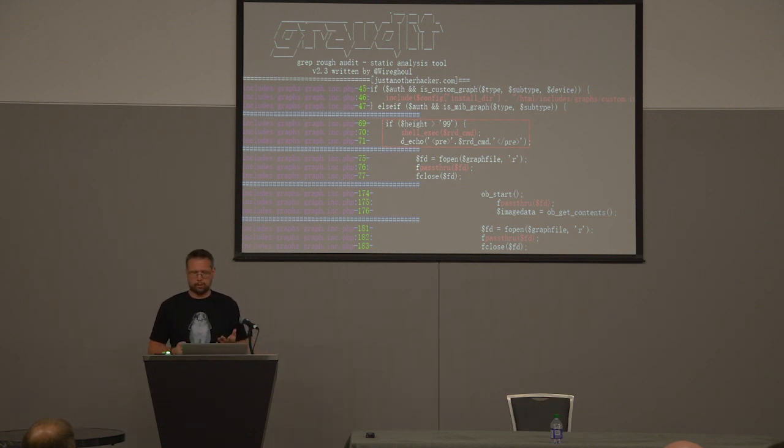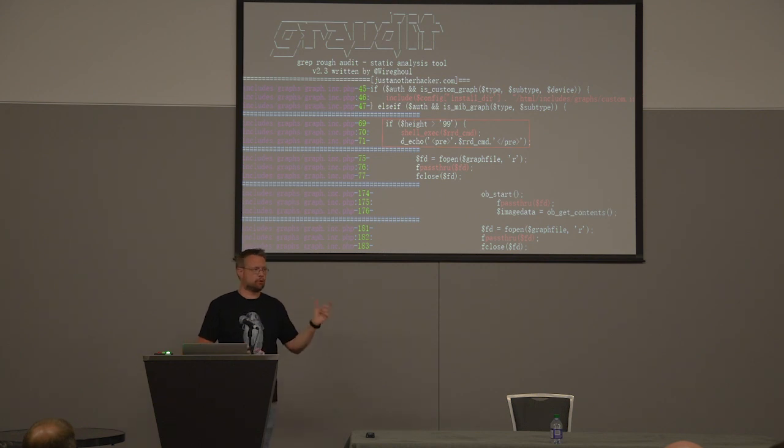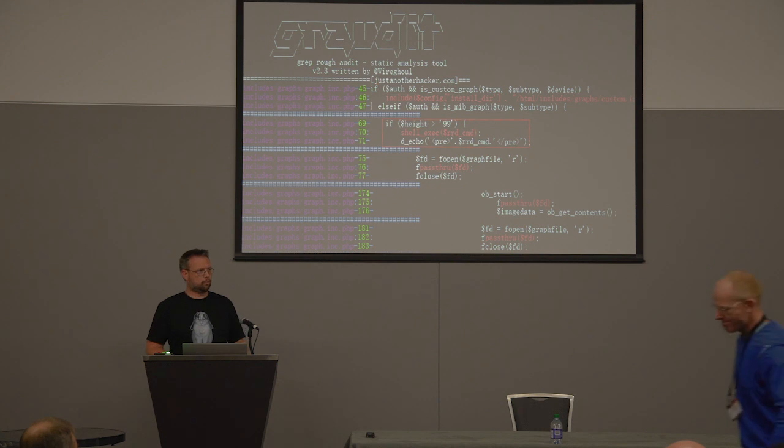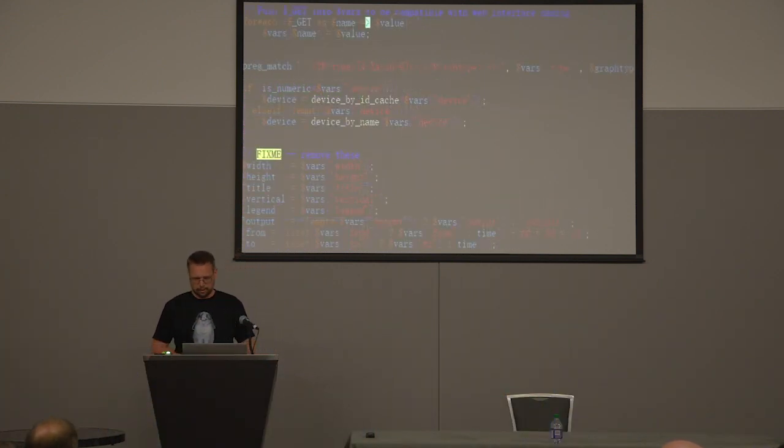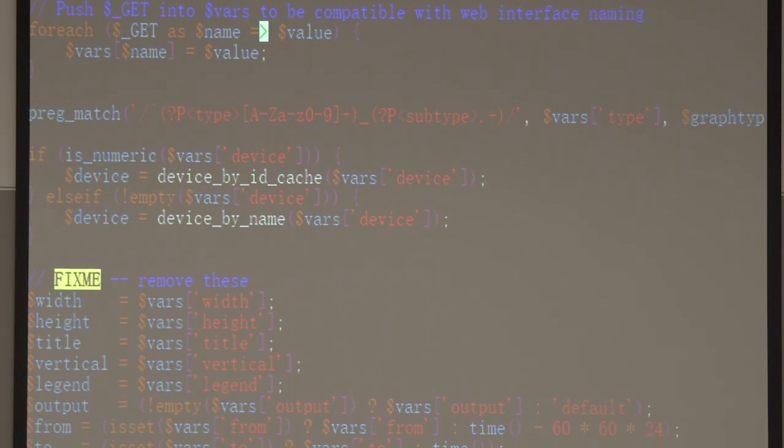Okay. So typically when you find something like this, where it's just a variable, it means that they're doing a bunch of string concatenation to make this variable contain a larger command and then running it. So we need to work out how this command is constructed. So we go and look at this